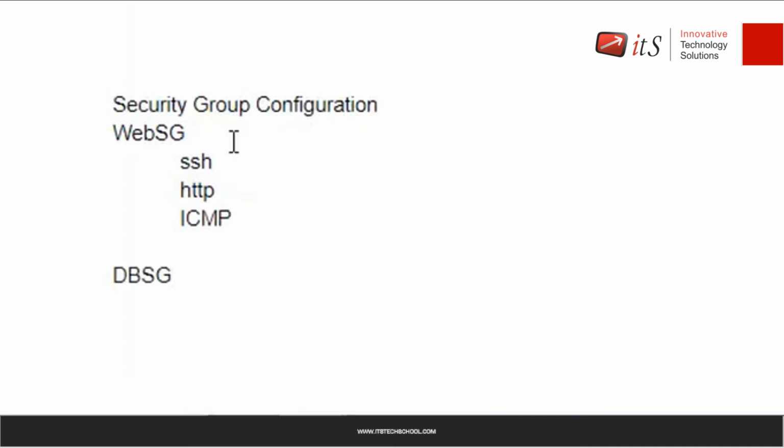Now, again, imagine two things. The first one is what type of operating system it is. So let us assume that it is again a Linux operating system. So SSH. If it is Windows, then we will use RDP. So for the practical, you're going to use a Linux machine. So it will be SSH.